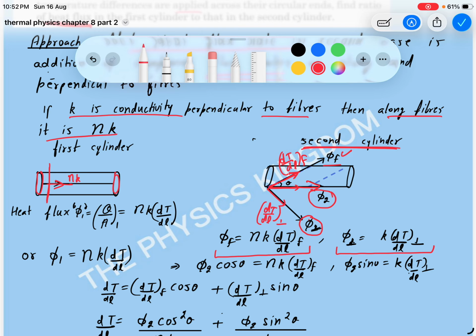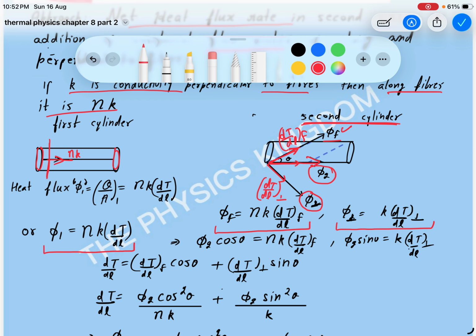First case is a simple one, that is just along the fiber is the axis of cylinder. So phi 1 I am writing eta k into temperature gradient. Now along the fiber I can say what is that, basically component of flux along the fiber. Net flux along the axis is, if it is phi 2, then its component along fiber I can write phi 2 cos theta, right. Similarly, component of phi 2 perpendicular to fibers I can write phi 2 sin theta, k into temperature gradient perpendicular